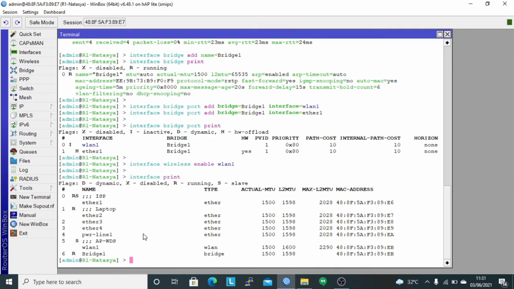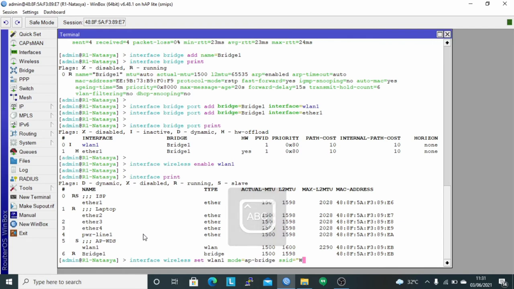If WLAN 1 is active, configure WLAN 1 to create an access point using WDS mode with the command interface wireless set wlan1 mode=ap-bridge ssid.